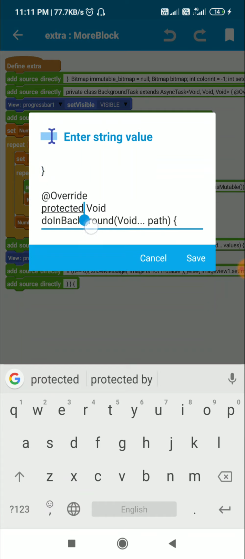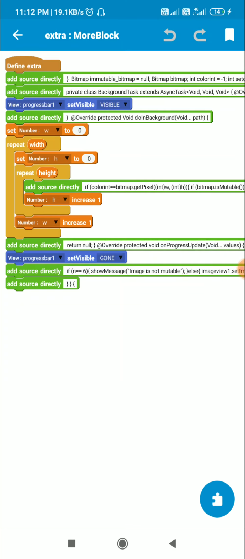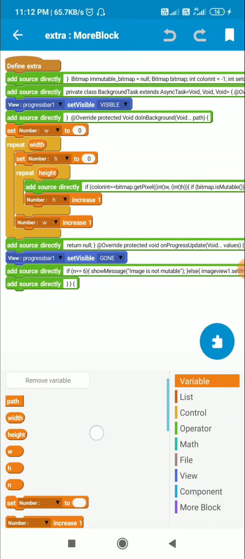Next method is protected void doInBackground(Void... path). So this is the doInBackground method, and here I have a number variable w, a number variable h, and a number variable n.